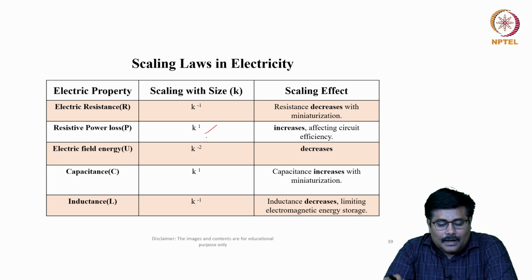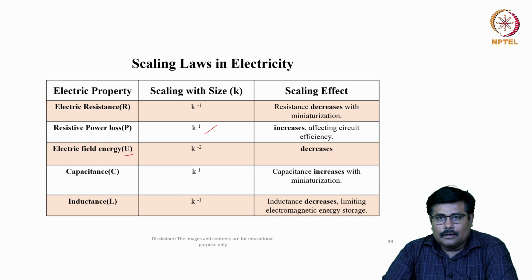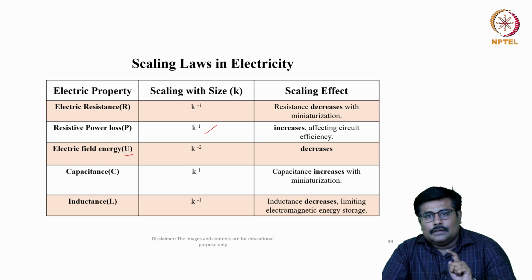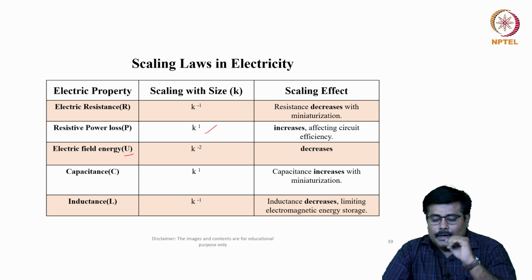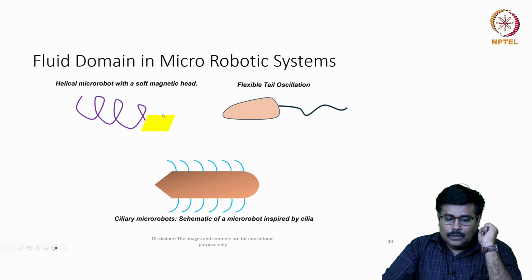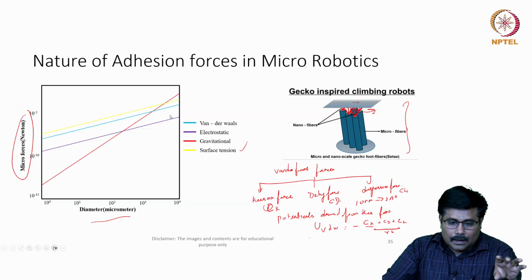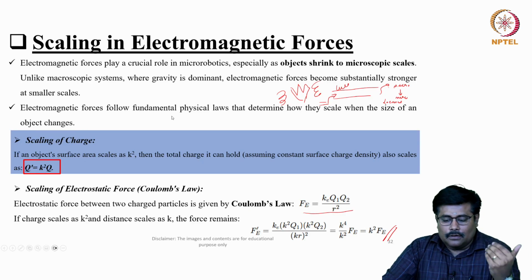The electrical field energy, which is represented as U, is k power minus 2, which decreases. With reference to capacitance, which is k power 1, the capacitance increases with miniaturization. With reference to inductance, k power minus 1, the inductance decreases, limiting the electromagnetic energy storage. So to summarize, we have been discussing the scaling laws of electromagnetic systems,